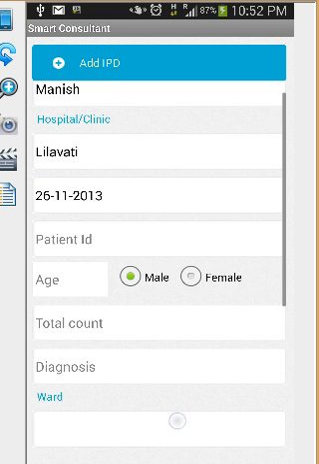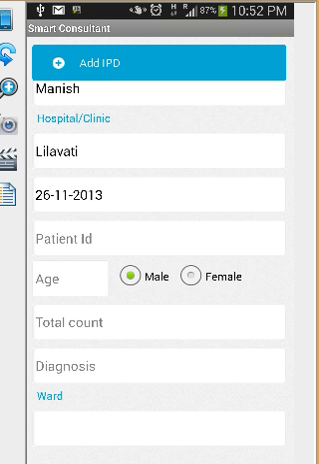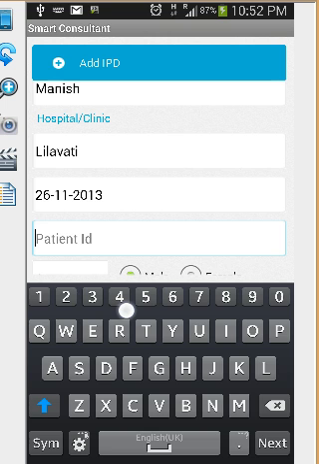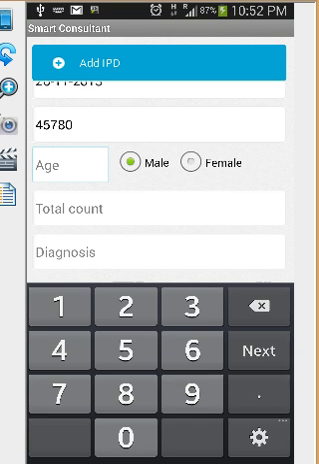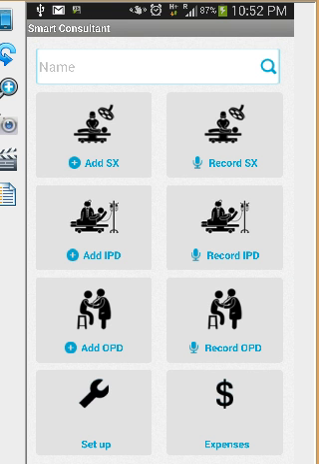For example, in this case, this particular patient ID is missing, so let me add that particular field, as well as the age, and I'll just click on save and main. So if the patient is found, it will just take 10 seconds flat, but in case I don't feel like typing anything on a busy day, I can always record the IPD, OPD or surgery, which are the three buttons on